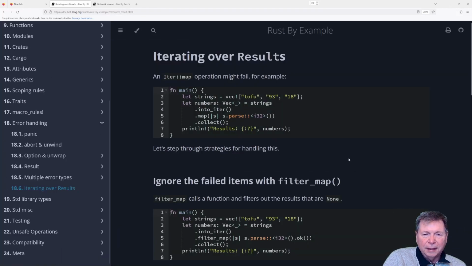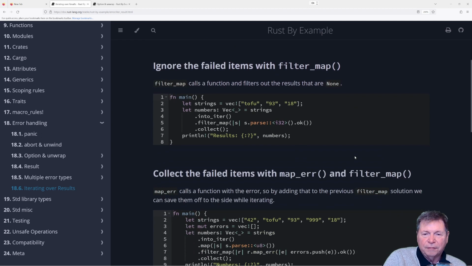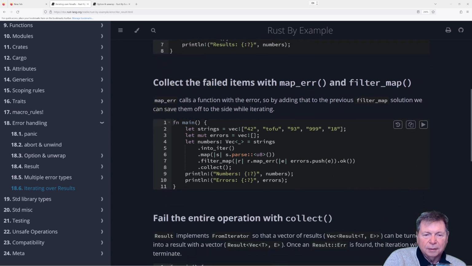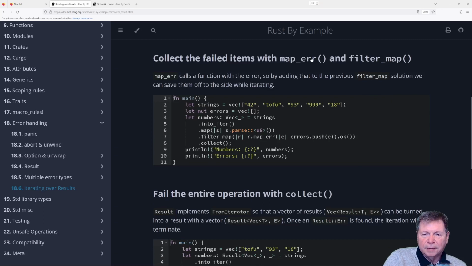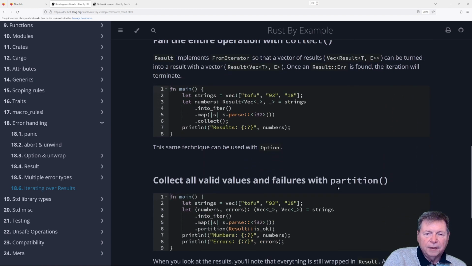Okay, and then iterating over results. Ignore the failed items with filter map. Oh, that's cool. Filters out the results that are none. Collect the failed items with map error and filter map. Map error. Cool. Fail the entire operation with collect.